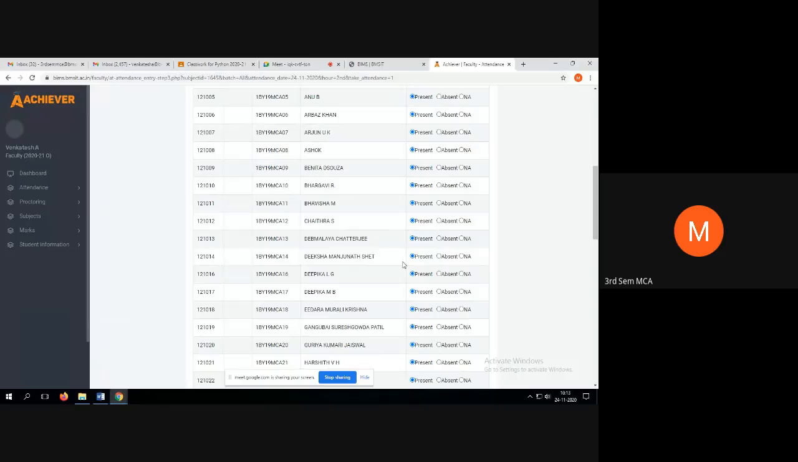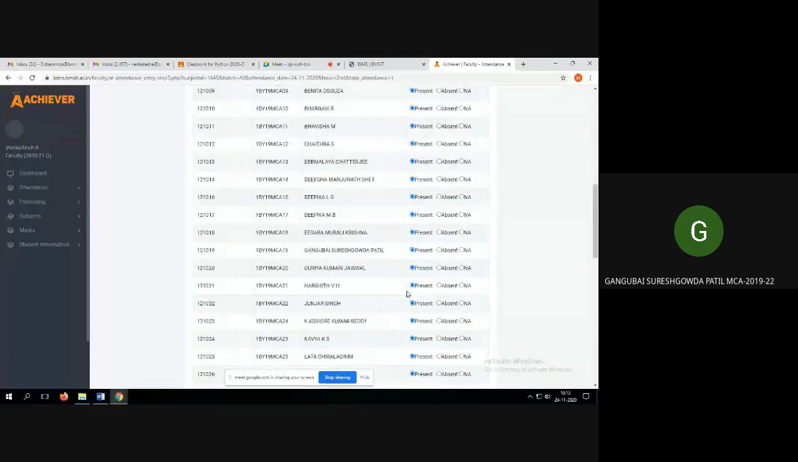Diksha Manjunath, Present, sir. Deepika, Present, sir. Deepika MB, Present, sir. Murli Krishna, Present, sir. Gangubai, Present, sir. Guria Kumari, Present, sir. Harshit, Junjar